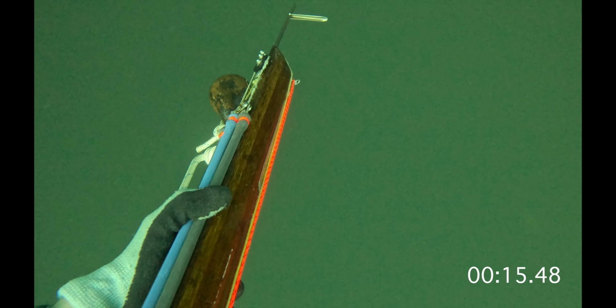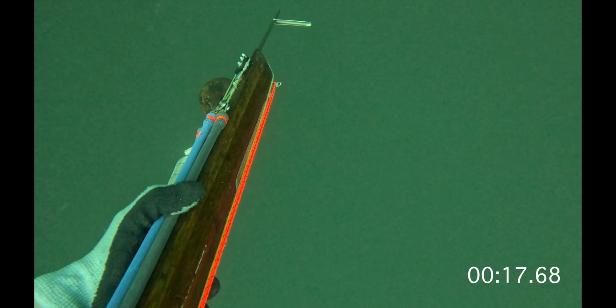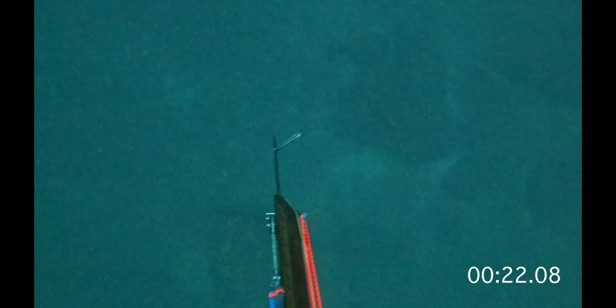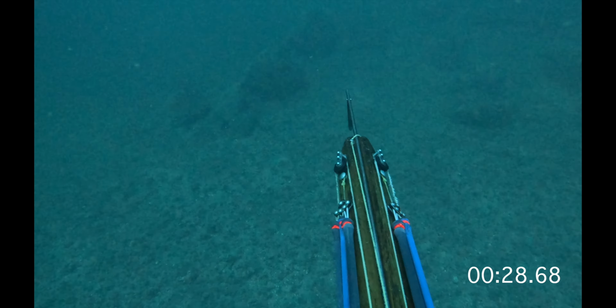This is a really cool underwater pinnacle. The top of the pinnacle's about 70 feet, and it drops down to 150 feet on the sides. This spot I'm diving is about halfway. It's about 88 feet to the bottom here, and I kind of missed most of the structure, kind of land out in the sand,